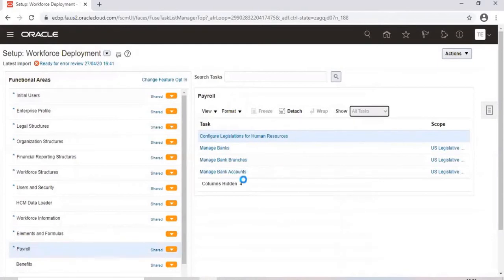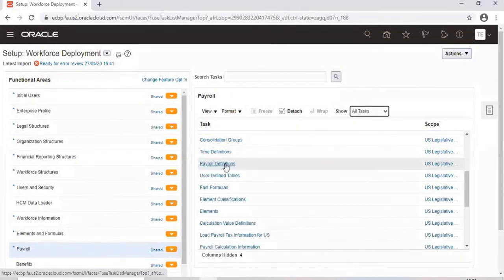Here we have payroll definition. So basically you have to set the scope here, but scope is already set to US legislative data group, so we can directly go to the payroll definition.